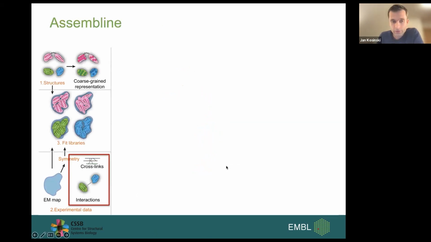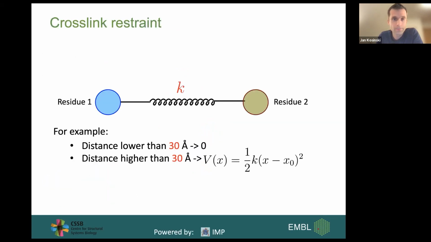In addition, you need restraints. One restraint is the electron microscopy map, but you can also include other restraints, for instance, crosslinks or interactions. And for the crosslink restraint, we have two main implementations. One is approximating the crosslink as a harmonic spring force with an upper bound. So if the crosslink is satisfied below this distance, fine, and if it's above this distance, the proteins will be pulled towards each other.